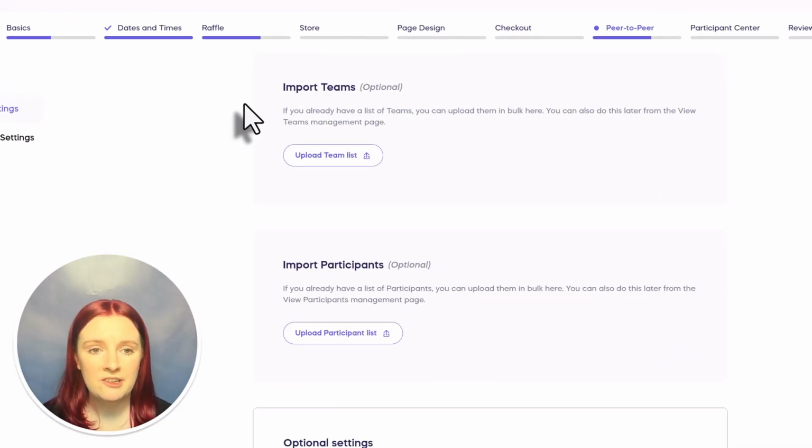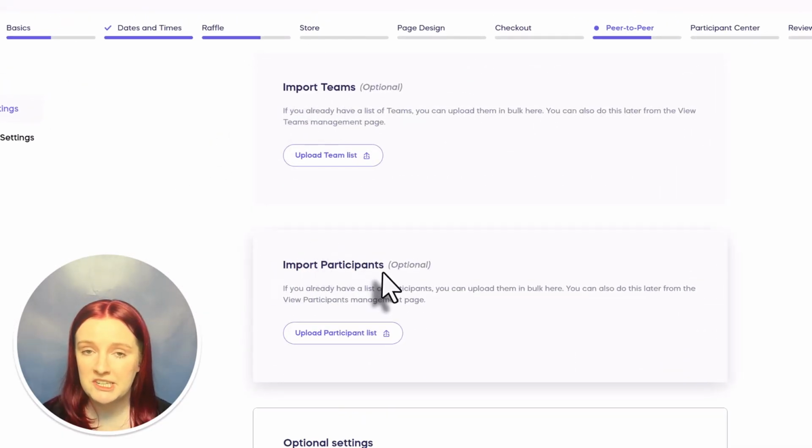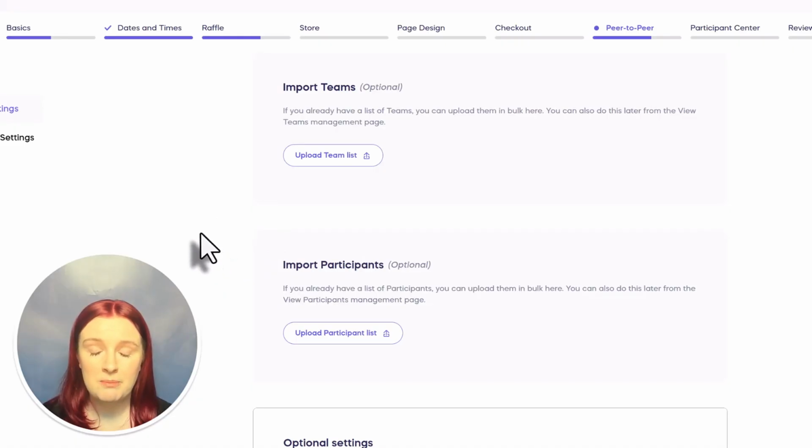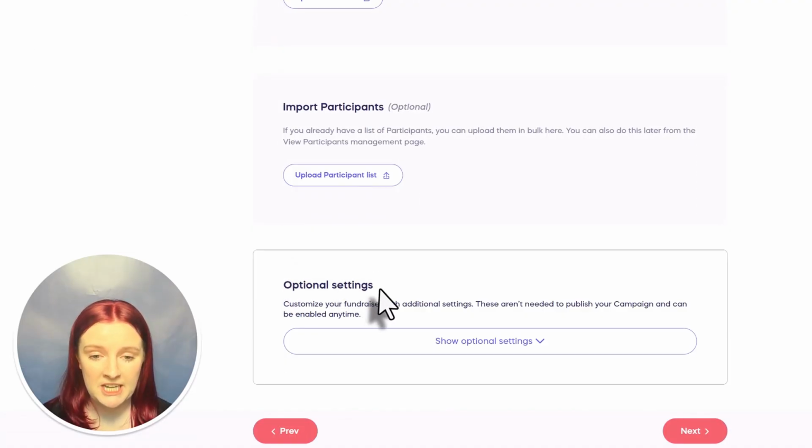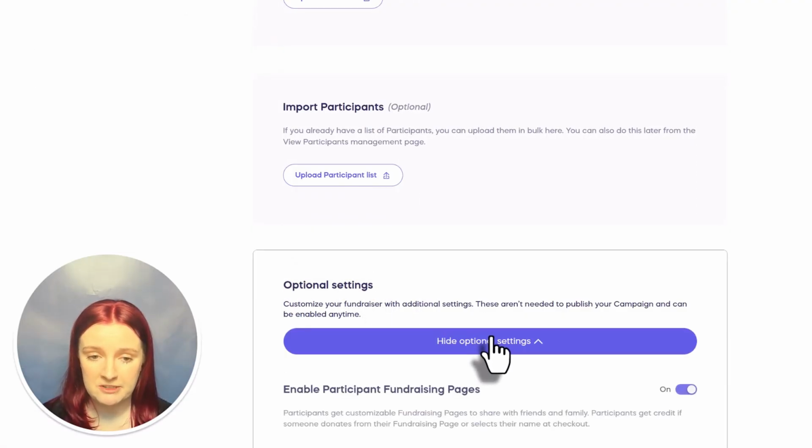And then you'll see import teams and import participants. This is so that you can manually add participants or teams to your campaign instead of having them sign up. But I'm actually going to cover that in a different video because we have a lot to cover in this one. And then if you go to optional settings and select show optional settings,